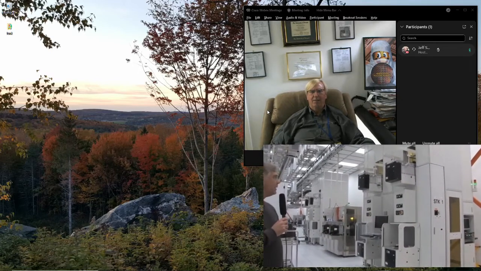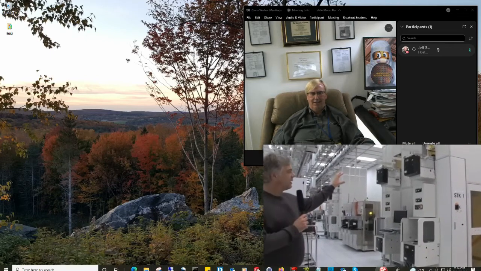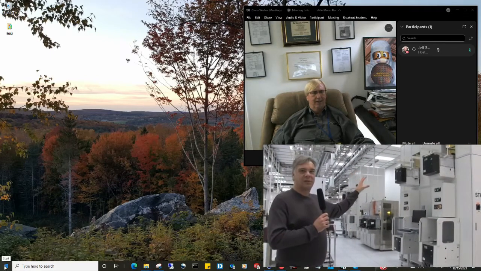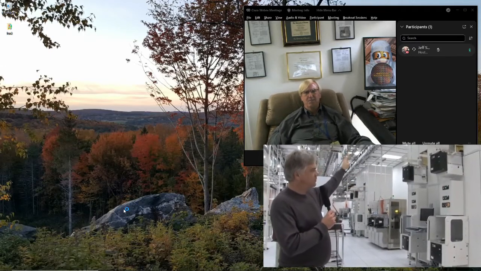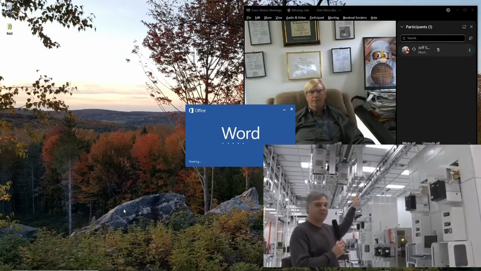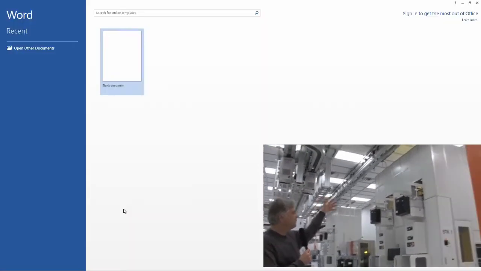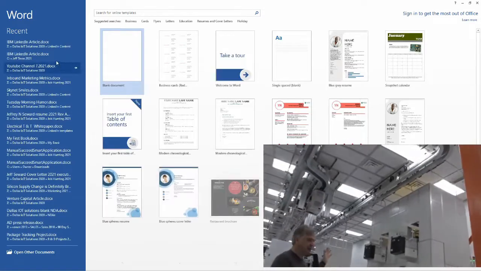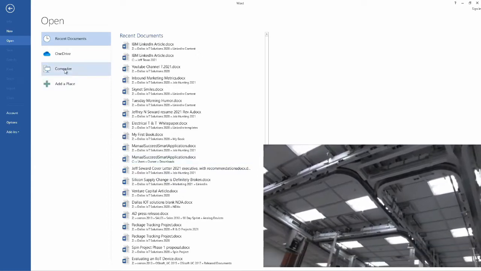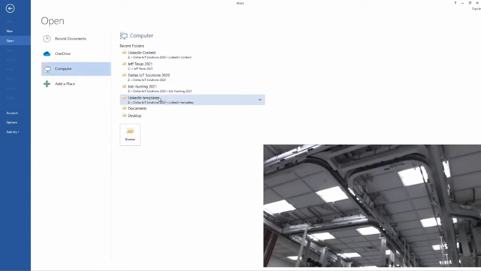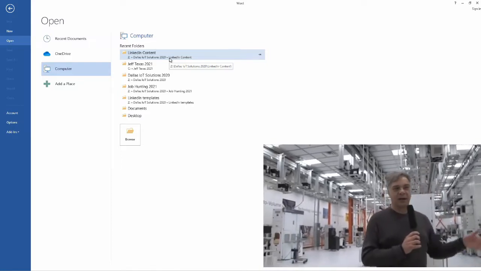So let me take a minute and find the data sheet. We'll see if we get lucky here. I've been organizing my 2 terabytes of spinning media.